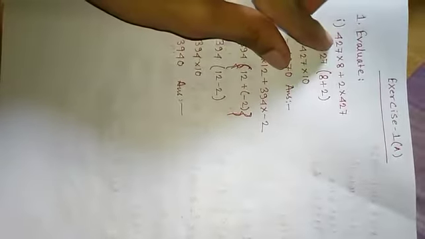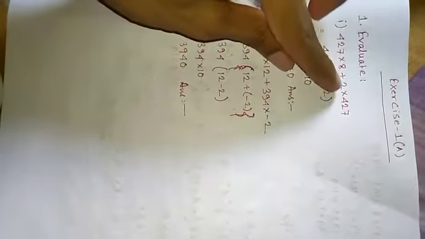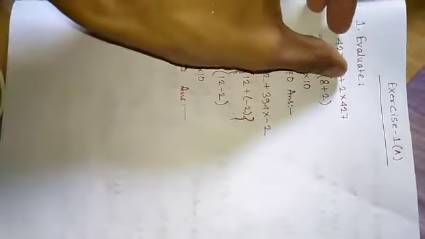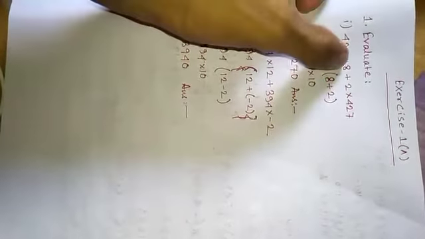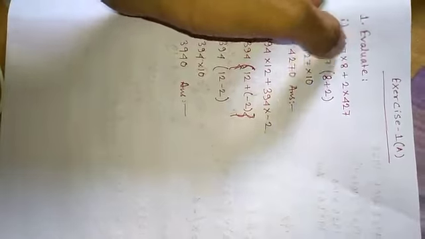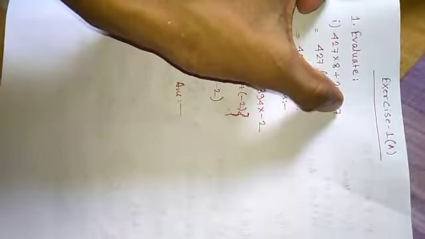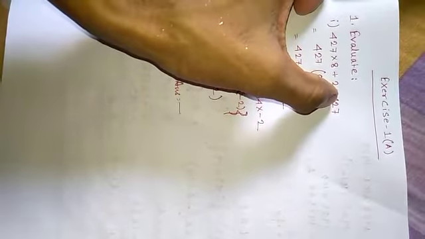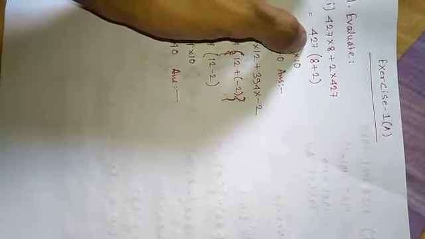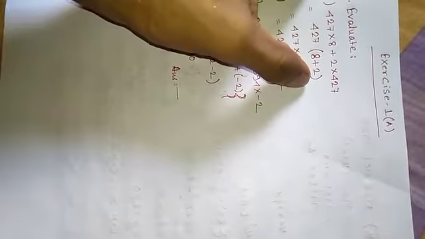So in the two terms, that means 427 into 8 plus 2 into 427, between these two products, the common term is 427. Here, in 427 into 8, 427 is present, and in 2 into 427, 427 is also present. So we can say that the common one is 427. So we can write 427, then 8 plus 2 in the bracket.